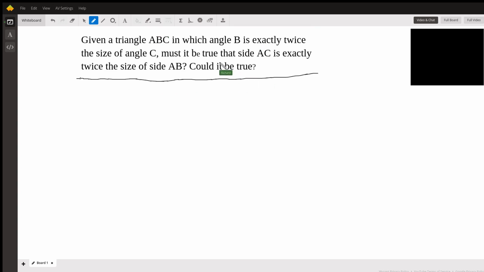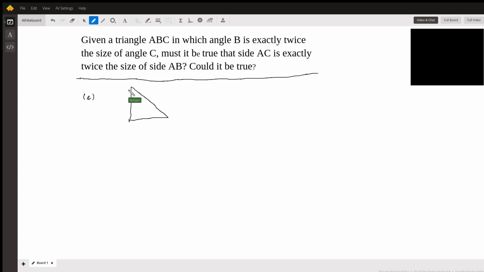So you have a triangle ABC in which angle B is twice the size of angle C. Must it be true that side AC is twice the size of AB? That's the first part of this question, part A. For part A, I would just give you a counterexample where